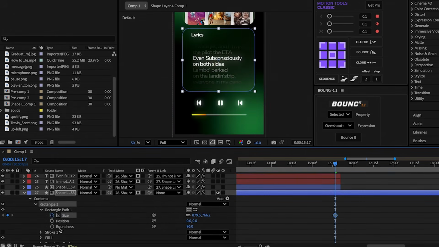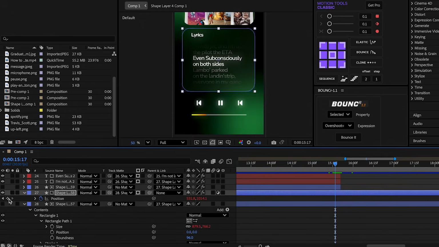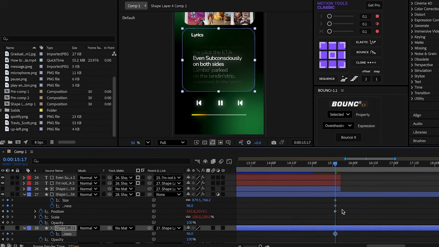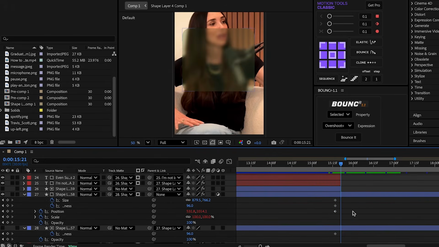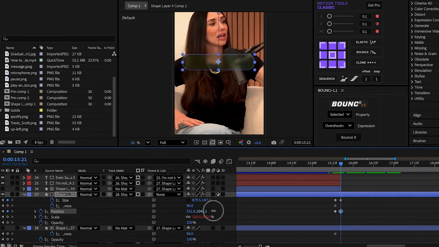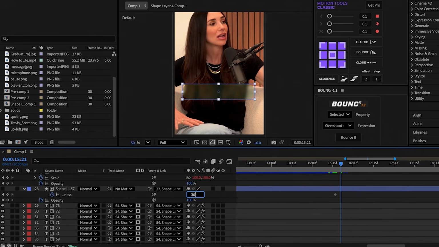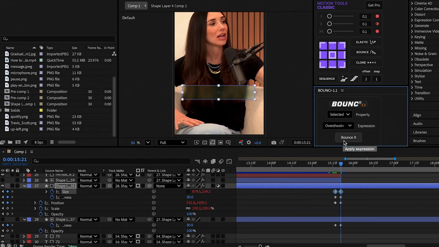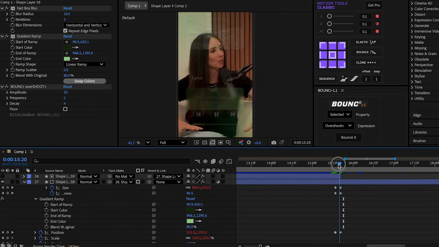Create a size, roundness and position keyframes for the large rectangle and a roundness keyframe for the layer without the visibility underneath. Move to the end of the layers, reduce the size to the desired value, move it down and set roundness to 30 for both top and bottom layers. Add bounce to the size, make sure the property is set to selected, go back to the previous keyframes, and